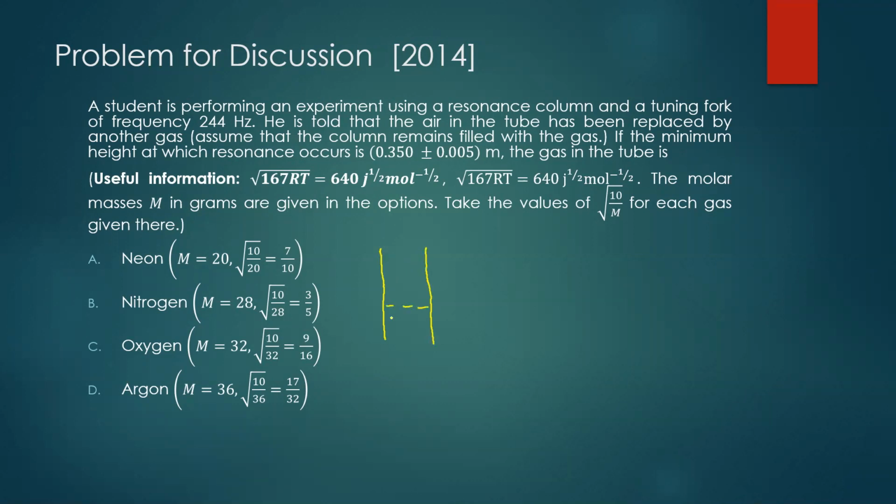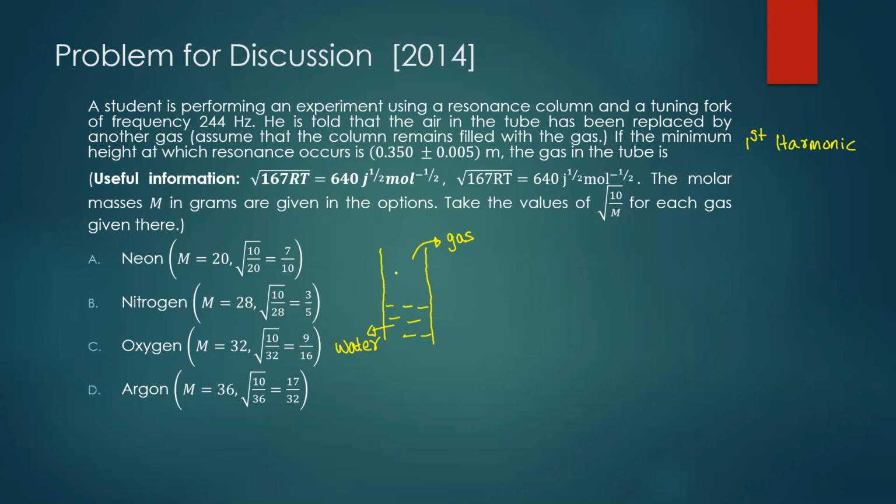So you have water here, that's water. And I think in the lab, when you do this experiment, this is filled with air usually. But here, the problem says that you are filling with different types of gases. So you are filling with a gas, and the minimum height at which the resonance occurs should correspond to the first harmonic or the fundamental frequency. Okay, so that is the minimum frequency. So that means we want to get the maximum possible wavelength.